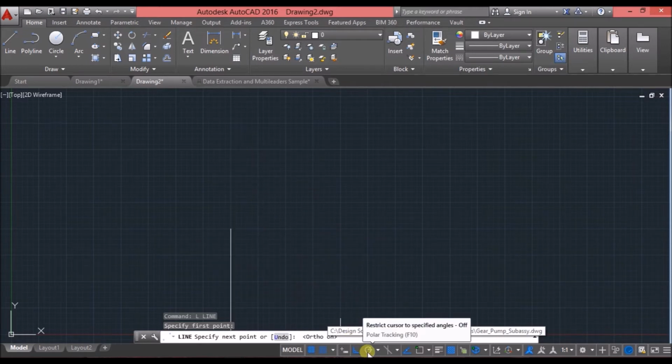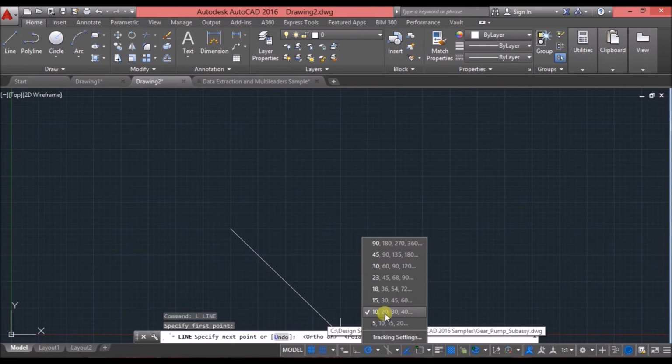Similarly, opposite to that, there is polar tracking, where you can set the number of polar tracks that are on. Suppose I click on polar tracking and the multiple of the angle is 10, 20, 30, 40.